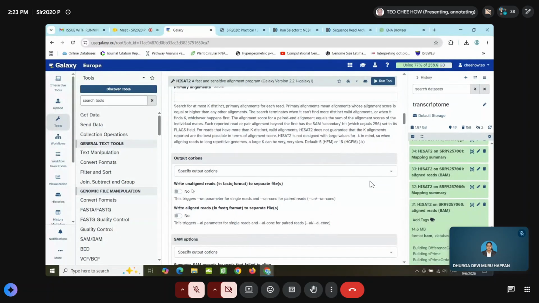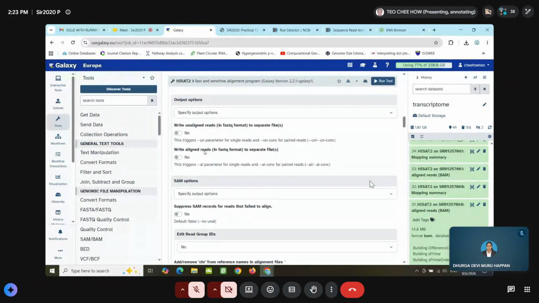You will put it in the alignment read. This is important when you use a closely related species reference genome. Let's say, for example, my RNA-seq data is coming from Arabidopsis thaliana, but I'm not using Arabidopsis as my reference. I'm using Brassica napus, which is closely related to Arabidopsis, as the reference. Then you want to write down the unaligned reads to know what happened to those unaligned regions. That's why you choose this. But if you use the same reference genome, you don't need to do that.